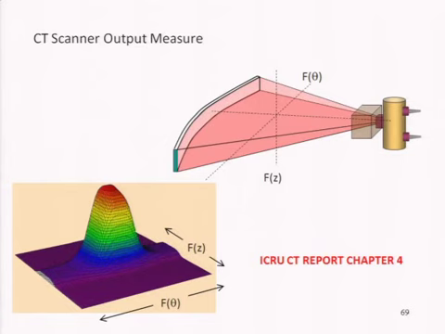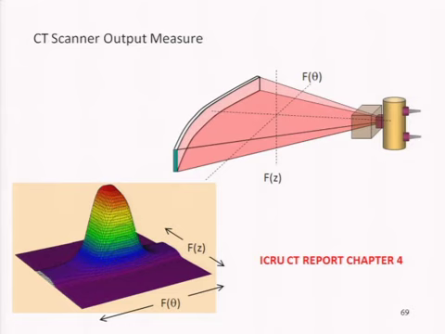So the idea is that we've made these two measurements of the orthogonal intensity of the X-ray beam, and you can put these together and really have something that looks like the output of the CT scanner in the absence of a phantom. Well, if you measure this at acceptance testing, and you'll probably measure phantom-based numbers at acceptance testing as well,